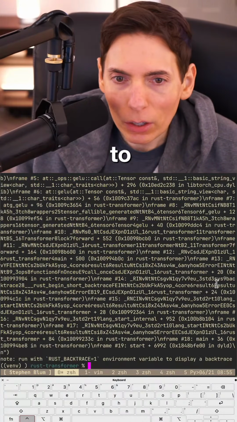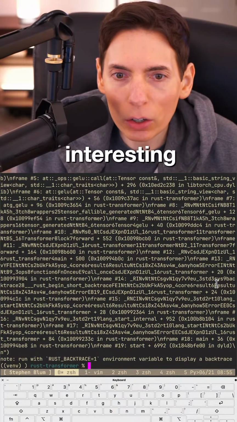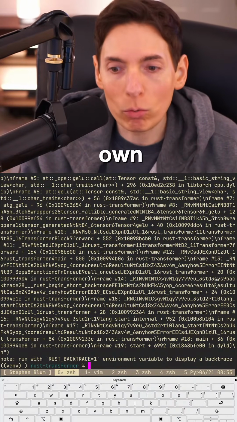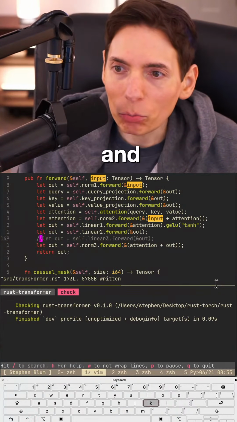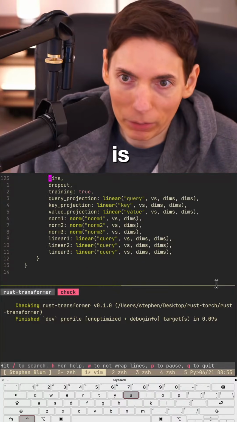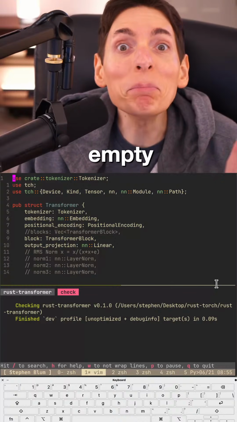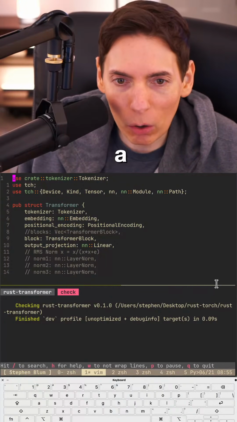Okay. Good to know. Are you writing an LLM or going to more interesting architecture? Yeah, we're messing around with the architecture. Yeah, we're creating our own. We're creating our very own happy architecture. And we're messing around with it. So yeah, this is our own from scratch. As you can see here, all of this code right here started from an empty file. It did. Completely empty. We did this. We started this a week ago or so.